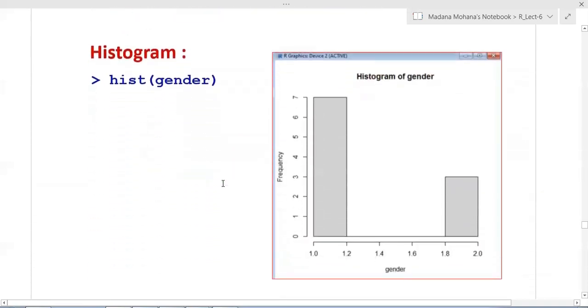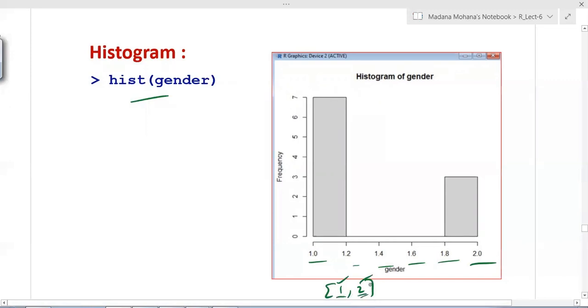Now you can see the output is shown here. HIST of gender splits the x-axis from 1 to 2, in between 1, 1.2, 1.4, 1.6, 1.8. By default it splits in between the range 1 to 2. Here 1 is male, 2 is female. The minimum value is 1, the maximum value is 2.